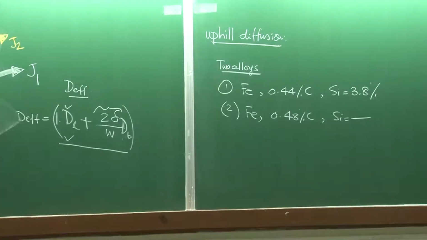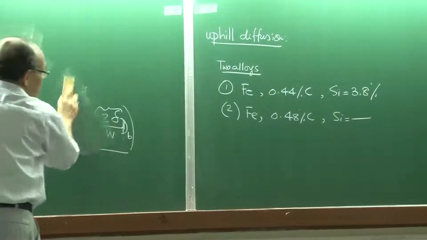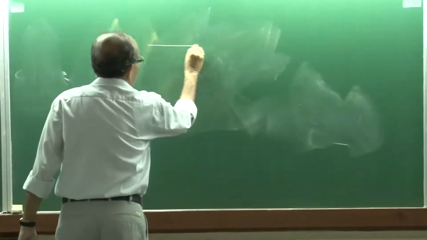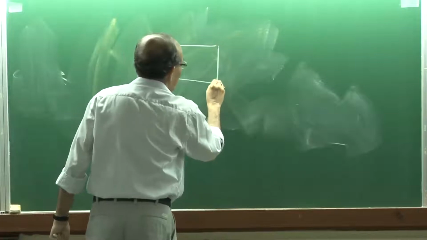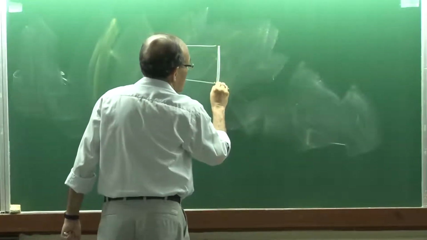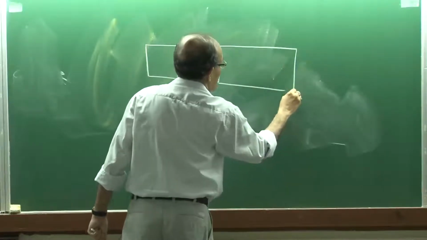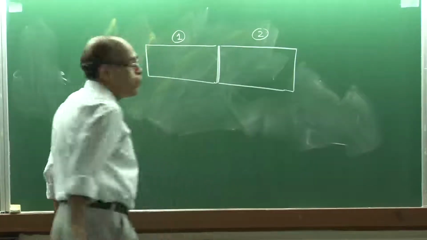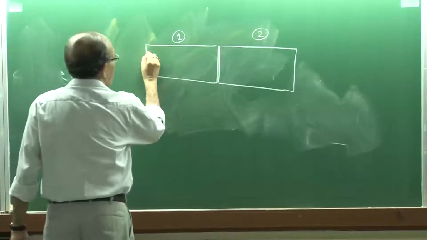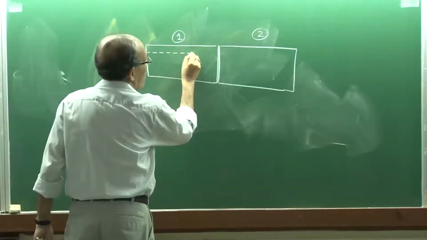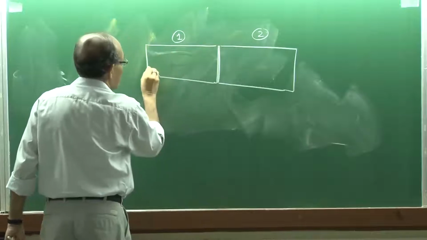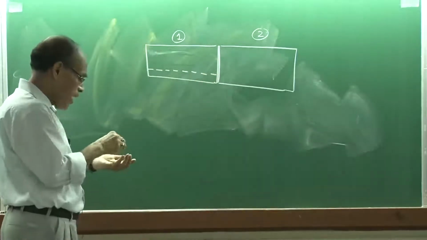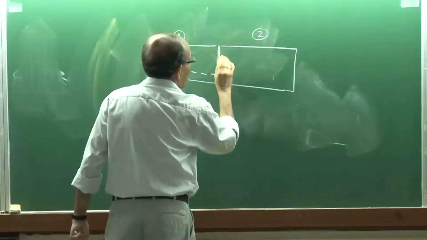Now, if you look at this, what we consider now is a diffusion couple. If we have an alloy and then we join another alloy, this is one bar of the alloy, and then we have joined the other, so this is alloy 1 and this is alloy 2. So if you look at time t equal to 0, then this has a concentration of 0.44, so I will draw an exaggerated figure. This is the uniform concentration. On the other hand, we have a concentration here which is